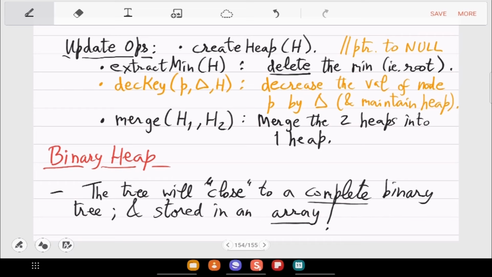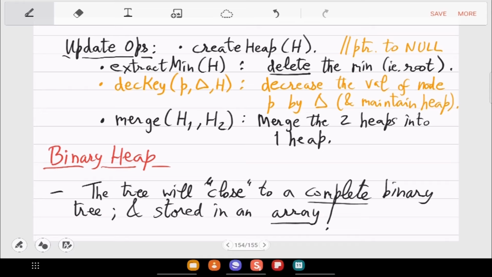So it may not be balanced, and it may not even have the children in order. Okay, so left child may be bigger than the parent, although still some sanity is needed. So the sanity property here is that parent has to be the minimum of the children. Like 4 is the parent, so the children are 7, 11, 5. Okay, they cannot be 4 or less than 4. The parent is the smallest key.